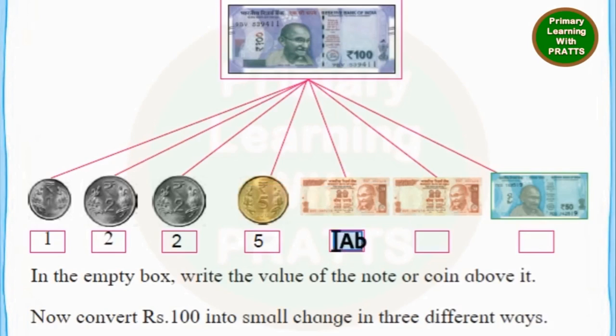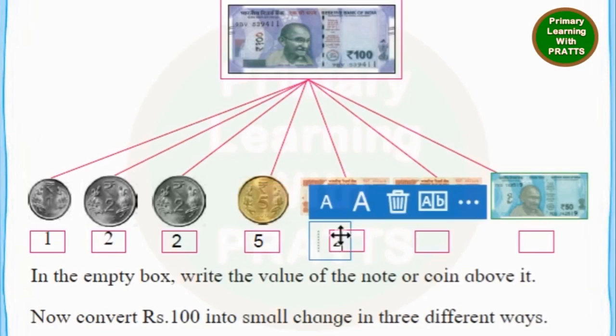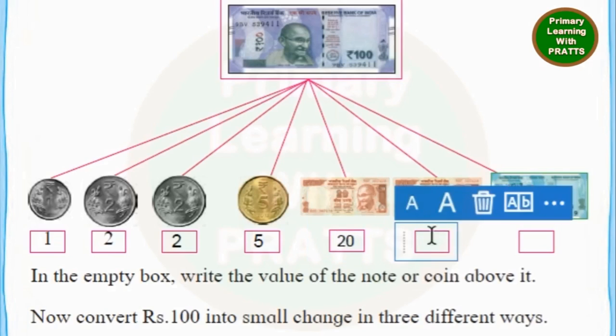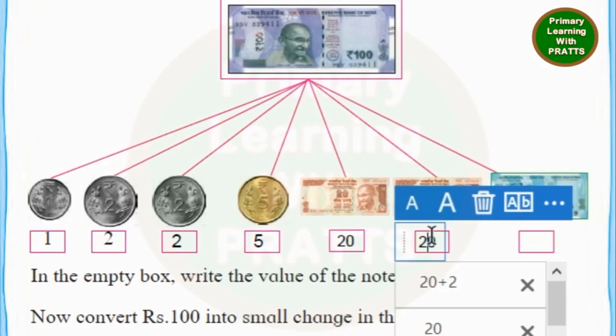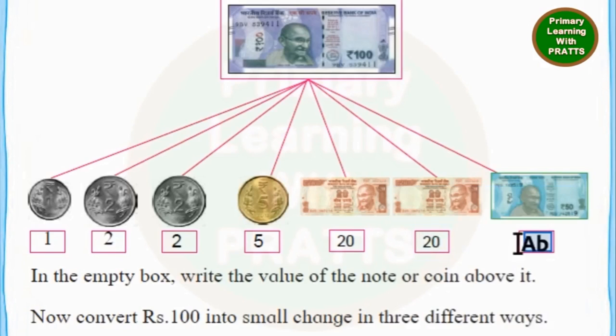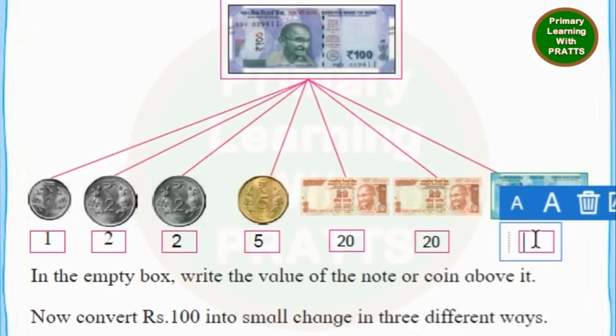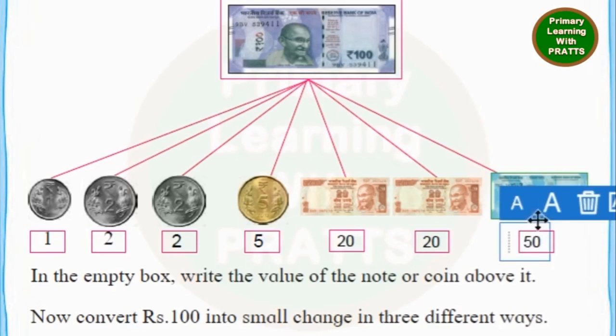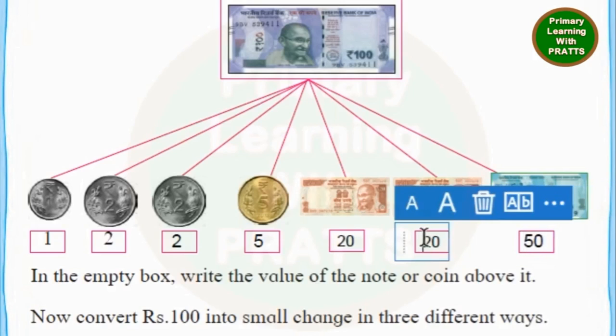Now let's continue. Here he is giving her rupees 20 note. So we will write rupees 20. Here again we have rupees 20 note. So we will write rupees 20. And here we have rupees 50 note. 50. Have you noticed when the shopkeeper gives change, he always counts and then hands it over to you and your parents? In the same way now, it's time for us to count our change. So let's count together.